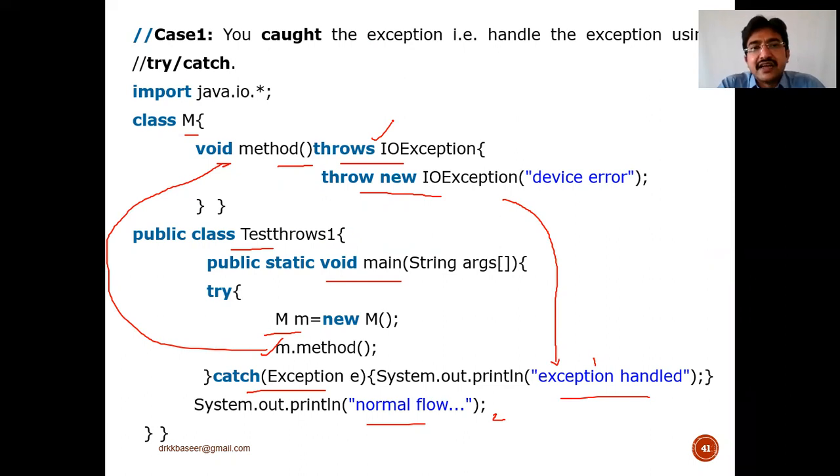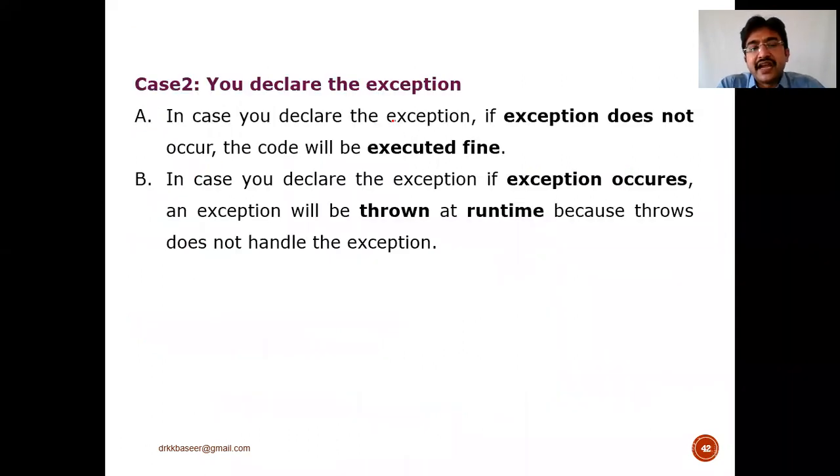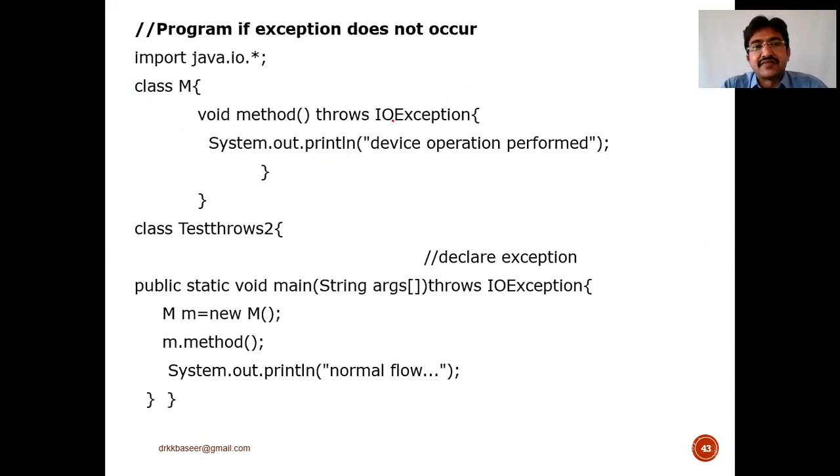We are just declaring that we are throwing something, like the abstract class and the interface method, they just declare it. They don't have any body over there. In the same fashion, throws declares an exception, but it doesn't handle that exception. To handle it, that's why we need to use throw followed by try catch, or we can use throw followed by declaring the exception. Let me see this example.